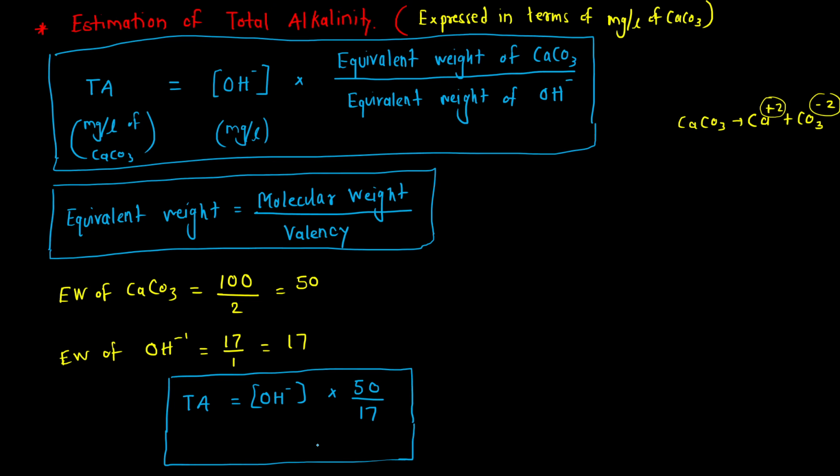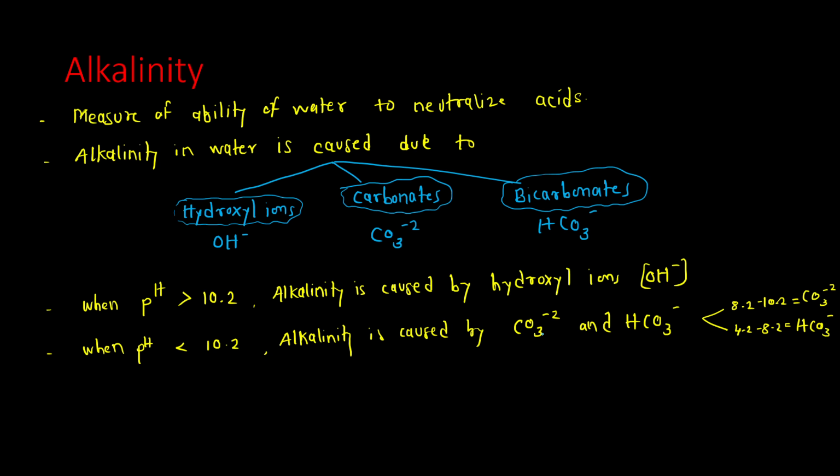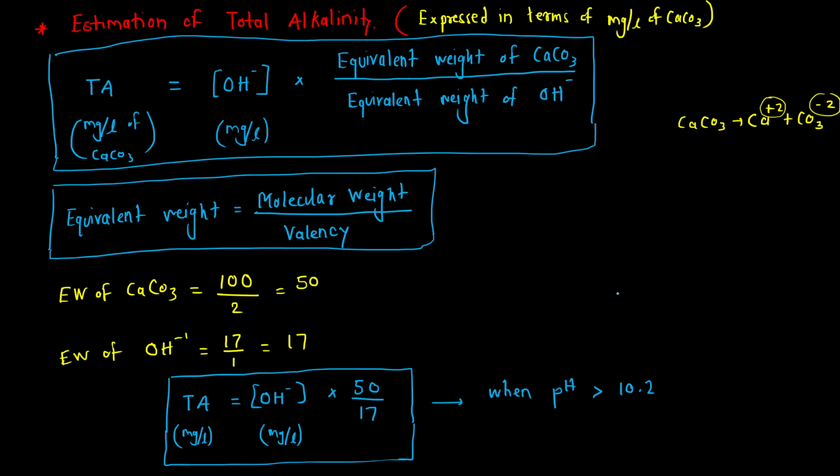Okay, where this will come in mg per liter. This we have to substitute in mg per liter, and this is constant 50 by 17. Now when to use this formula? When the pH value is greater than 10.2, because we have seen in the first point, if the pH is 10.2, then the alkalinity is caused only due to hydroxyl ion. Okay, so in this case that's why we have taken in the formula only the concentration of hydroxyl